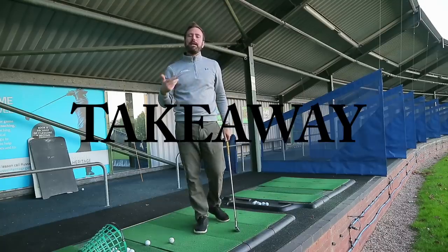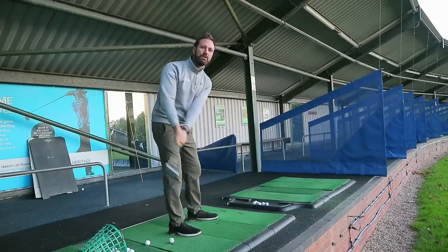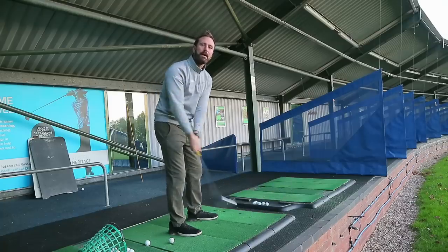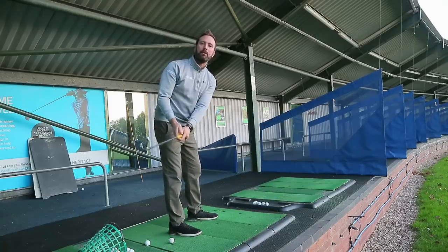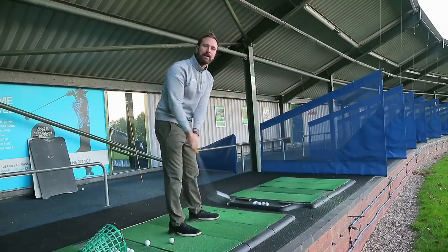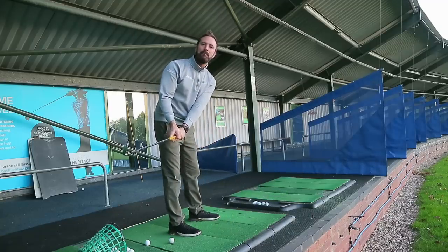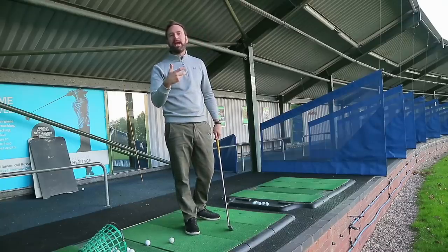In terms of the takeaway, one of the things that I would advise is that when you start taking the club back, it's absolutely fine for the right elbow to start to move towards your right hip. You can see as I start taking it back, it operates towards the side of my hip like so. The reason why I think this is important is because of two reasons. One, it helps you stay nice and connected when you take the club back. Two, it helps you stay more in posture,